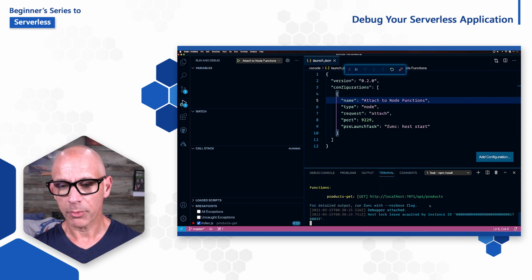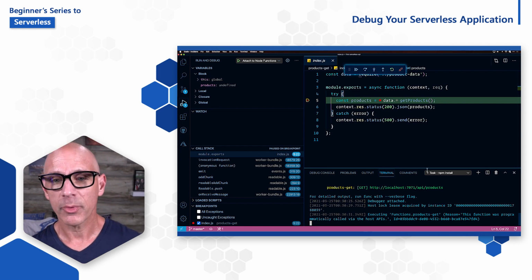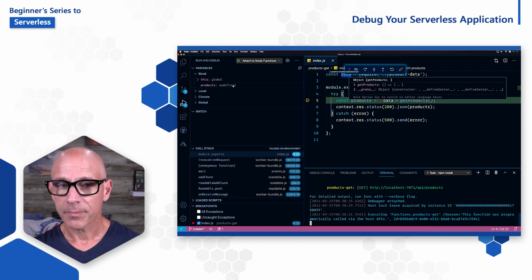Now, when I click on this, we're going to open up the browser, but it automatically went from the browser back to our code. Why? Because we have a breakpoint right here in line 5. So what can we do with that? Well, out of the box, we see up top we've got the debugging bar where we can run these different commands. So we can continue, we can step over, step into, we can also disconnect.